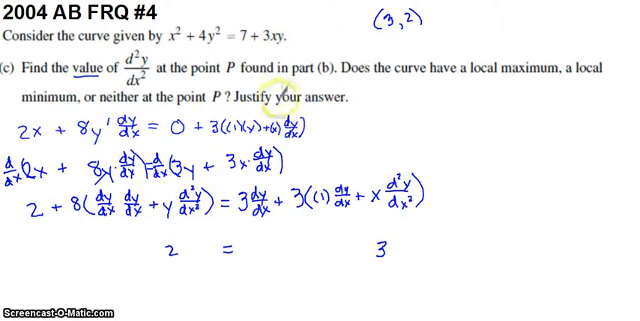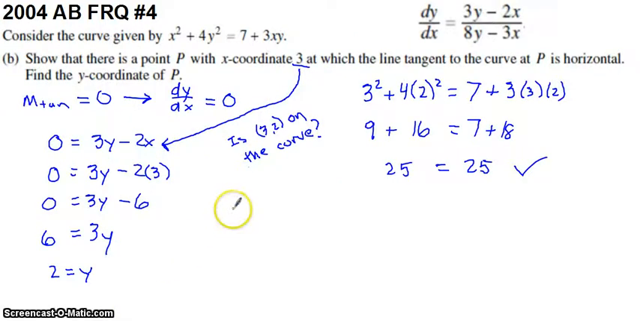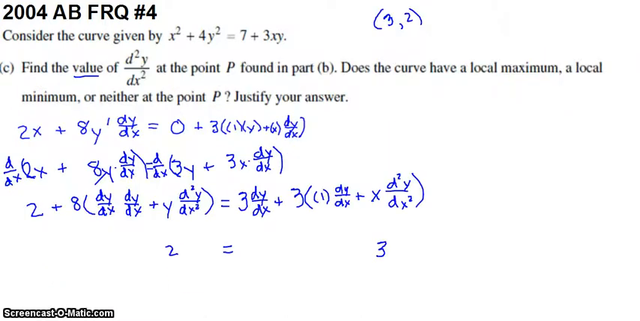Now if you remember from part B, dy/dx was equal to 0 at (3, 2). So what makes this very, very nice is that in place of every single dy/dx, we can put a 0. So if we put 0 in place of this dy/dx, 0 in place of this dy/dx,